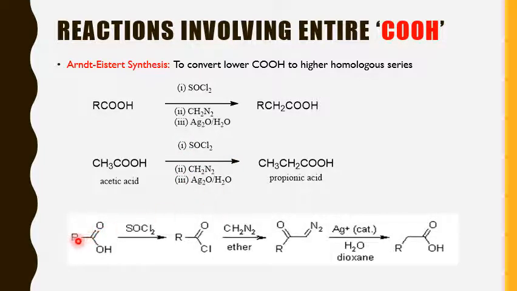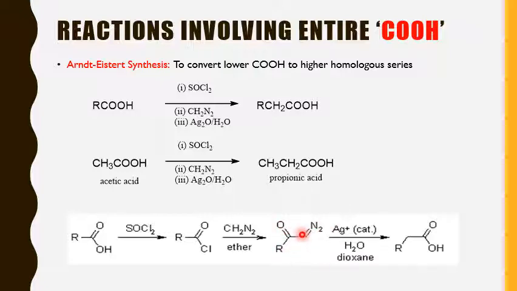First of all, the carboxylic acid in the first step reacts with SOCl2, thionyl chloride. Hope you remember, upon reaction with thionyl chloride, the OH group of carboxylic acids will undergo halogenation. So RCOCl, that means acid chloride formation. OH will be replaced with chlorine. So in the first step, we have the acid chloride. In the next step, these acid chlorides upon reaction with diazomethane will give the formation of RCOCHN2. Okay, this is called a diazoketone.